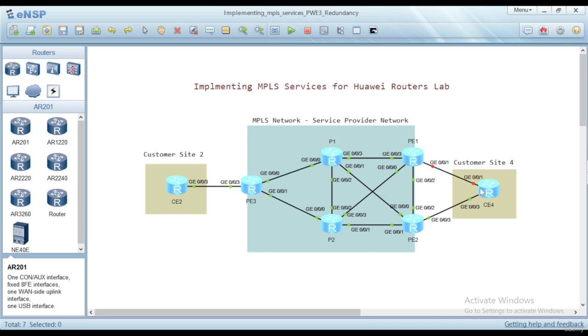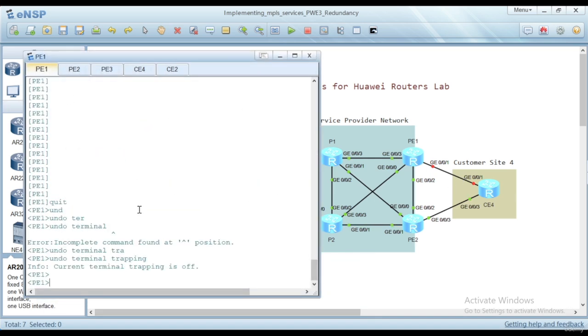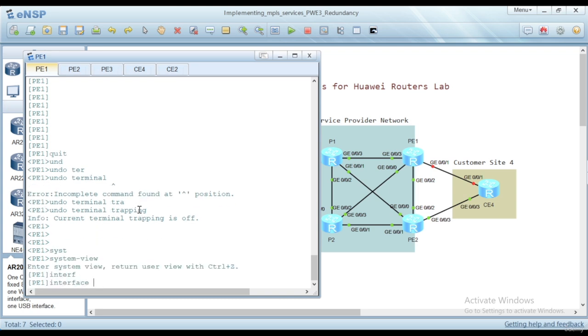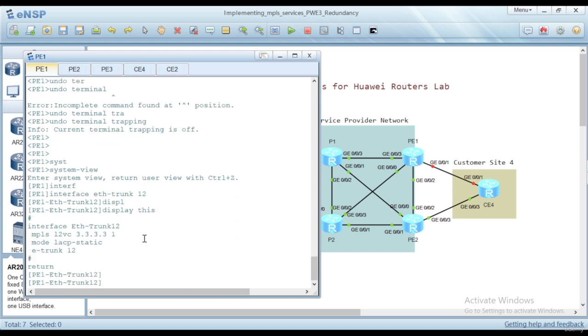To solve this problem, we will create a pseudo wire or PW between PE1 and PE2, on the access service interface of PE1 going to CE4. Let's do that. From PE1, we will go to the service interface Ethernet trunk 12. This service interface is configured with MPLS L2VC going to PE3,